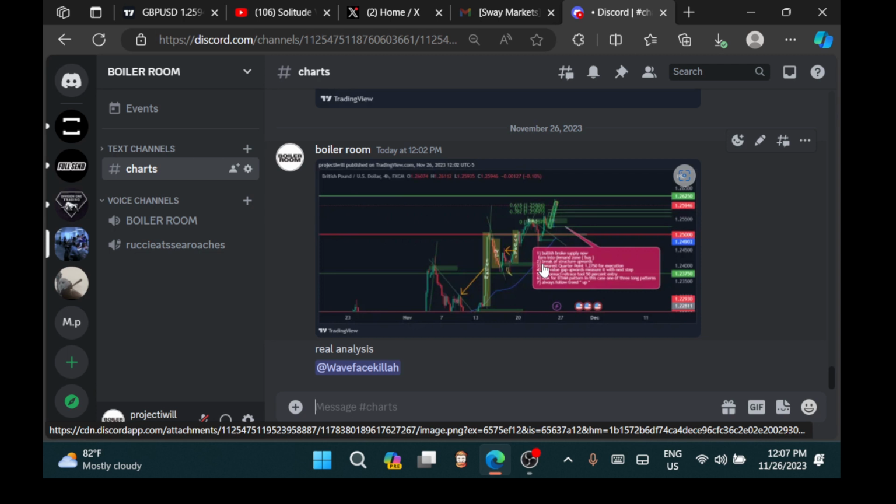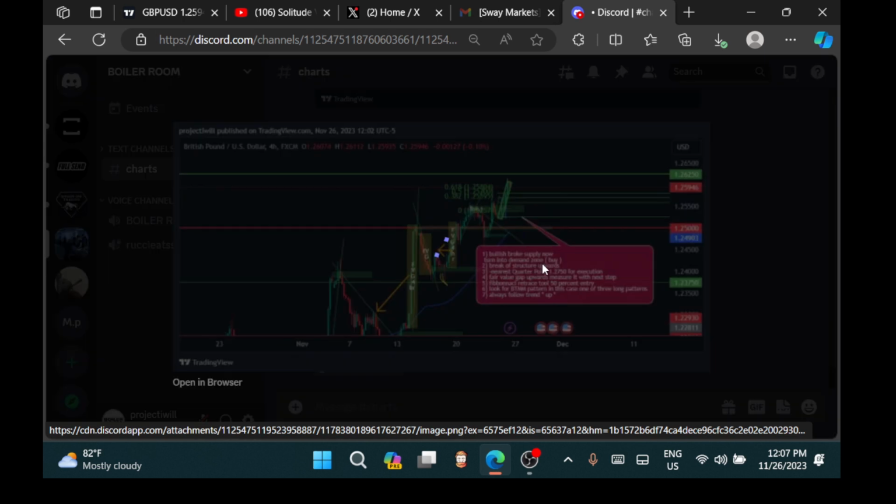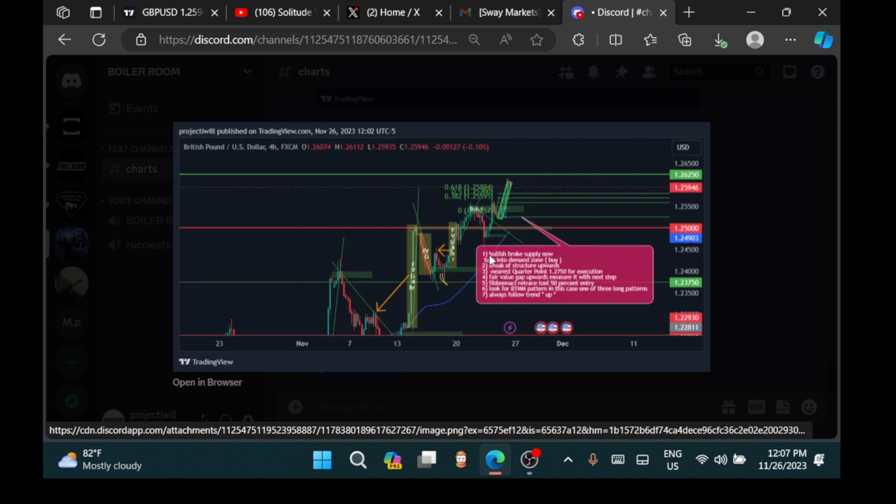I have an analysis for GU. As you can see, I have the 7 steps of the actual strategy that I look for when it comes to making a trade. Every trade has to have these confirmations on top of the other, and it's all in order too. So in this case, I have